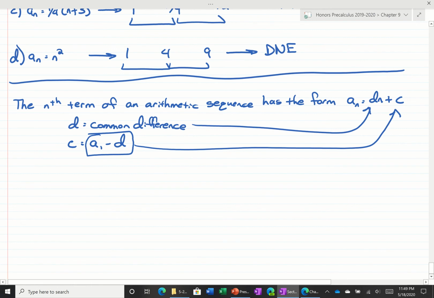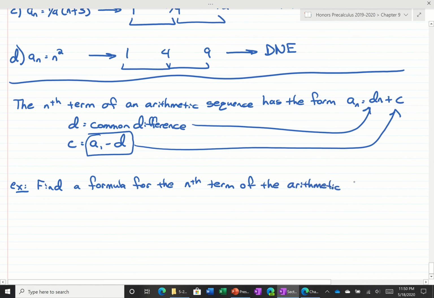All right, so let's get started. Find a formula for the nth term of the arithmetic sequence whose common